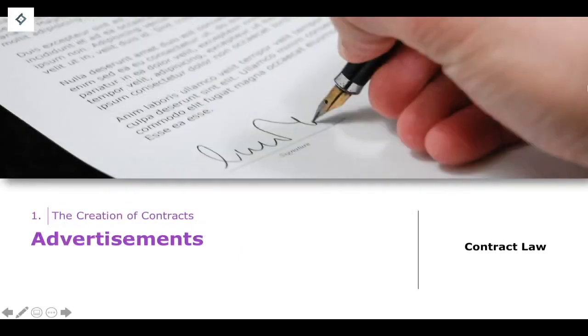Welcome back, everybody, to the Law of Contracts. In this lesson, we're going to continue to talk about the distinction that is made between an offer and an invitation to treat, and we're going to do so by reference to some other case examples. So we're going to talk in this lesson about advertisements specifically, and this is something that we touched on very